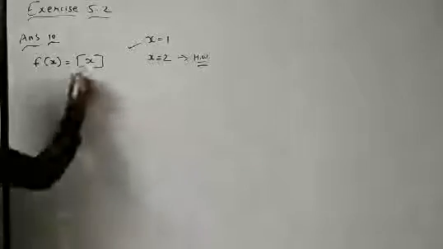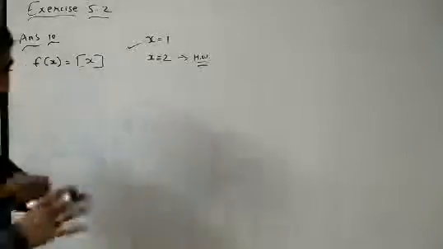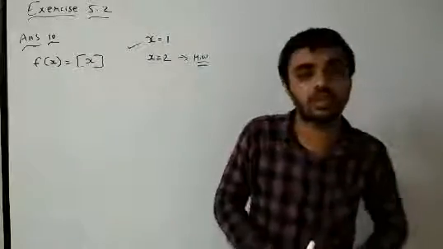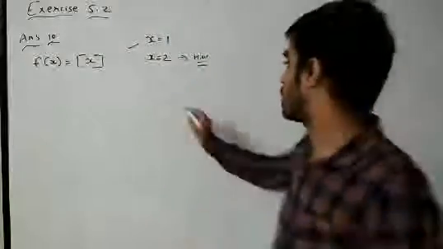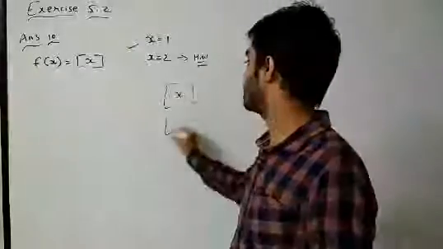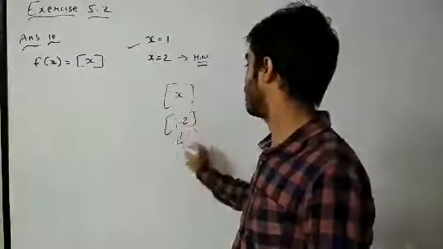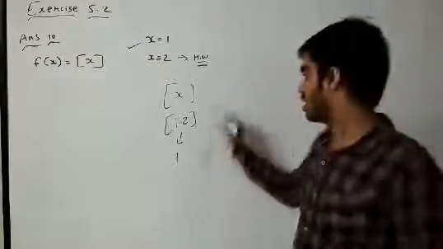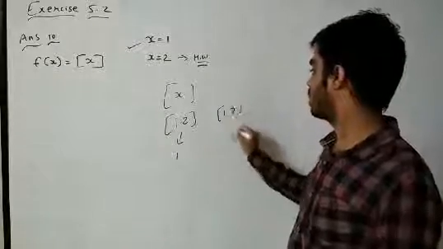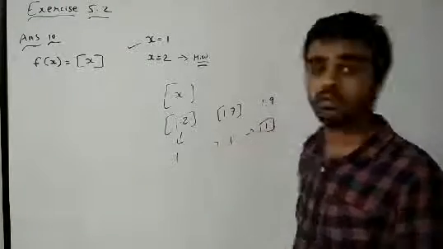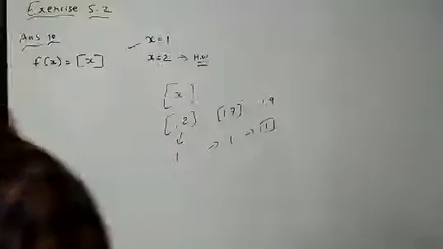Now listen, this is the greatest integer function. In previous classes, I have told you what the greatest integer function means. Listen to me carefully. The greatest integer function of x: if in place of x we have 1.2, then the answer will be 1. Once the bracket is removed, 1 remains. And if it is 1.7, it is still 1, and if 1.9, it is still 1. Understand this carefully.